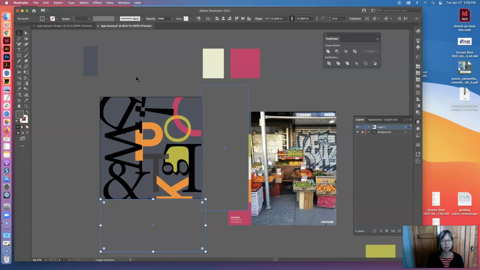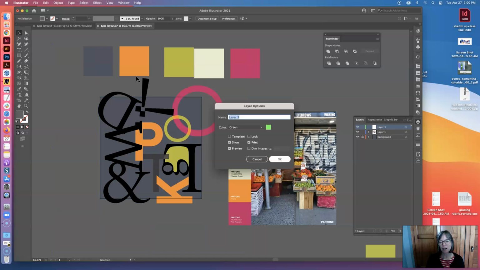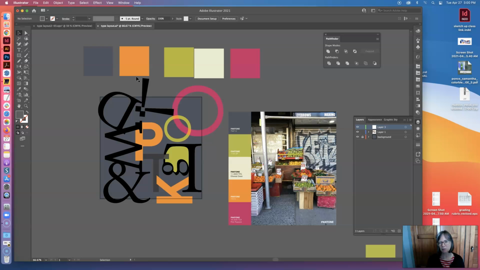So another thing I can do is take these boxes here and I'm going to cut them. I'm going to again create a new layer. This time it's green. I'm not going to label it this time because I'm going to have a wacky thing and it's going to shut down on me again. So on this layer, I